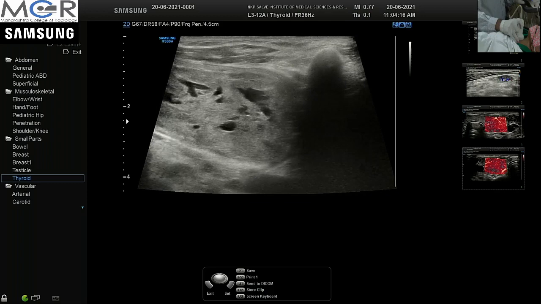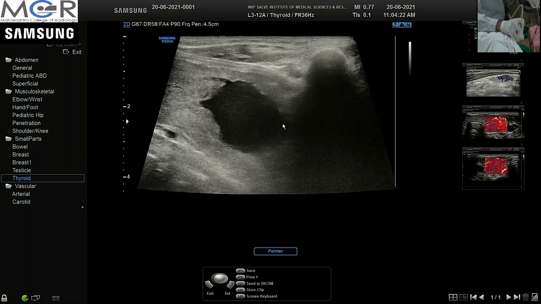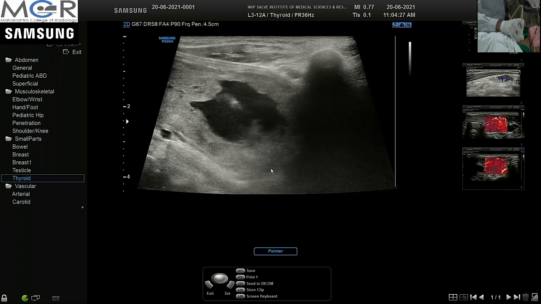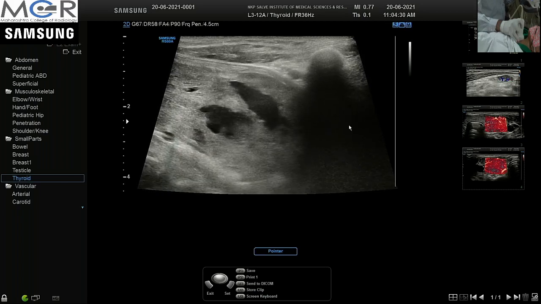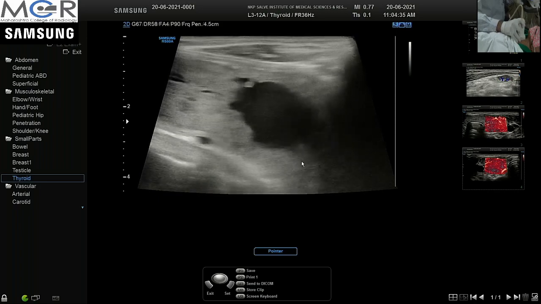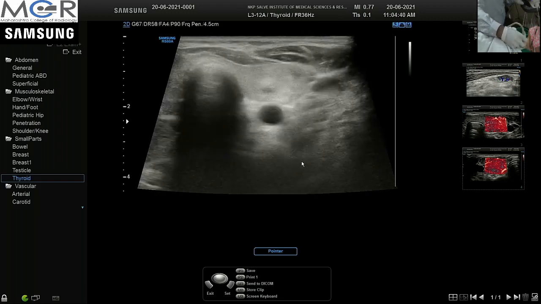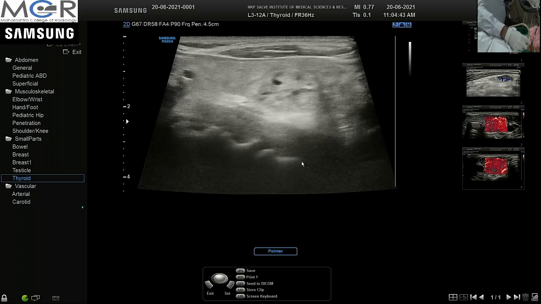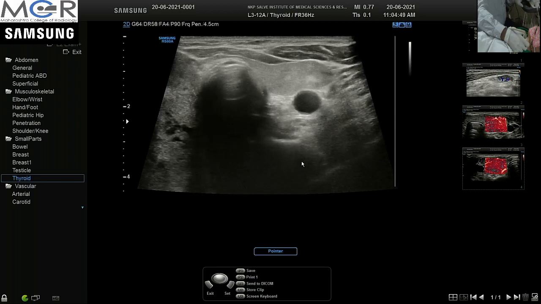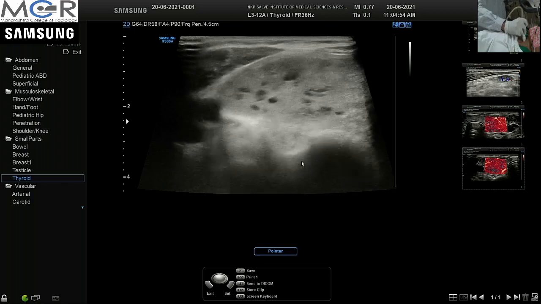Again, see here there is a little bit of retrosternal extension. We can see it better here than in the earlier patient. This is the sternum or clavicle as such here, and you can see that the enlarged right lobe is extending below this level. So you can mention that there is some retrosternal extension of this enlarged right lobe. Left lobe is not much enlarged. So here we can mention nodule 1, nodule 2, nodule 3 if there are multiple nodules. There is no other nodule on the left side as well as the right side.